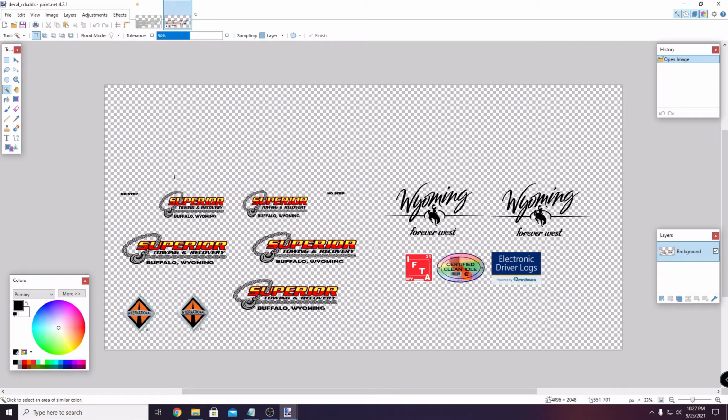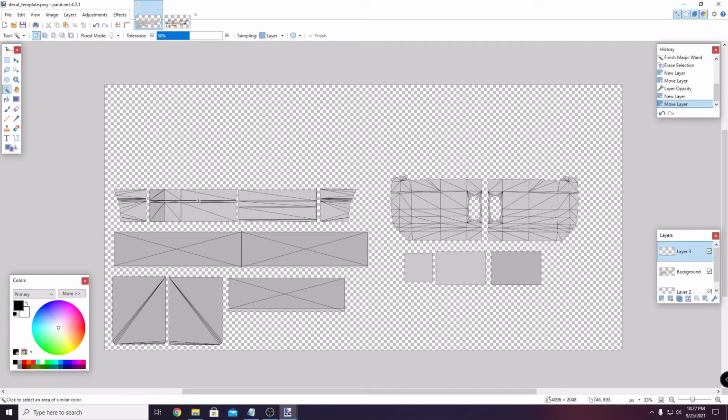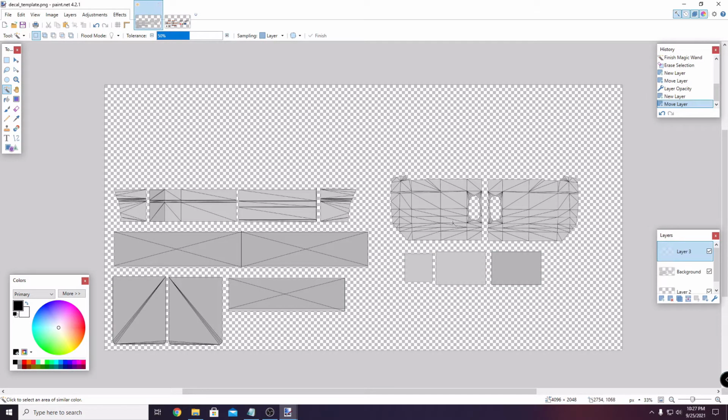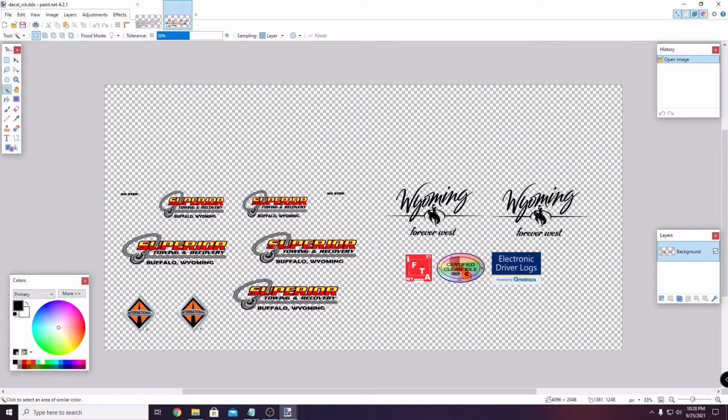But this is where the trucking company goes on there, if that's what you want, if you're going to be running a battery box step instead of skirts. Okay, that said, here's the doors over here, and you can see where Mark has the Wyoming Forever West shows up on the door. And then you have these two rectangles right here